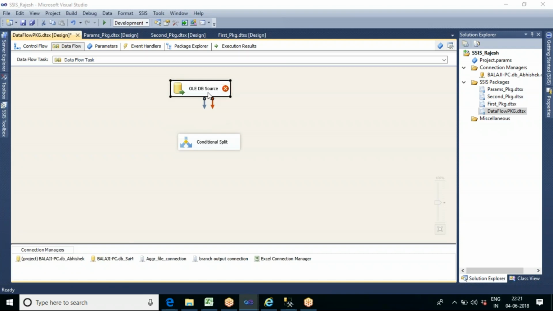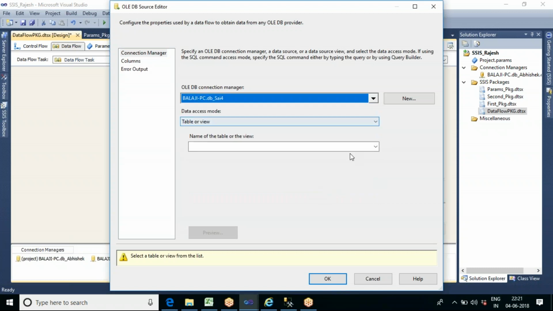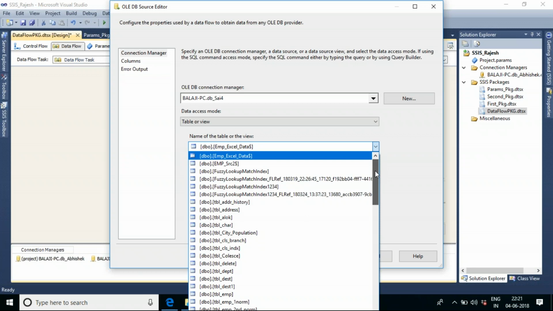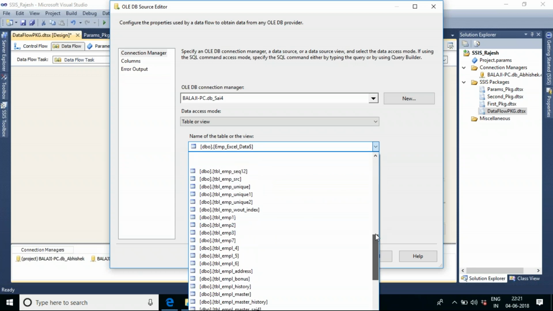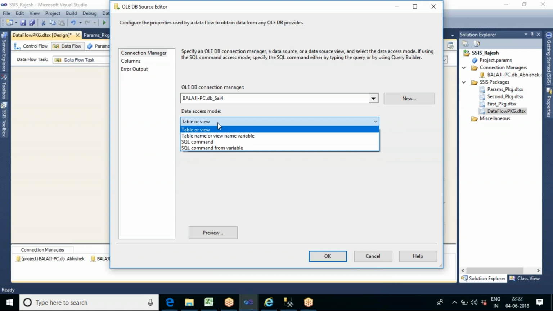Now your table is present in the DBSI4. Either you can select it from the available list, like this. It will populate all the tables present in the database. And if you feel there are so many tables and you are taking so much time to search, and you know the table name, you can see we have an option called SQL command under the data access mode.